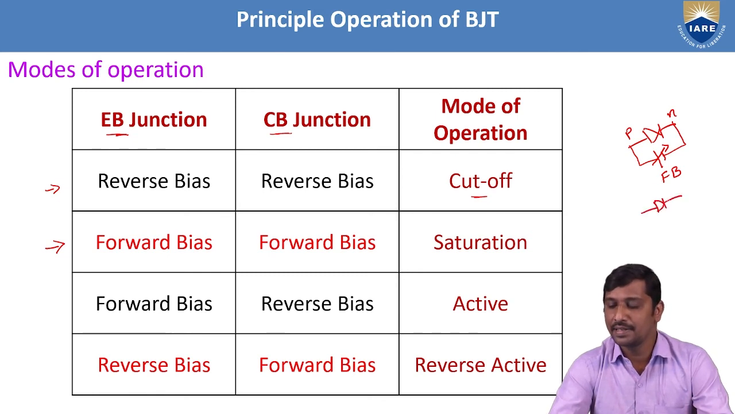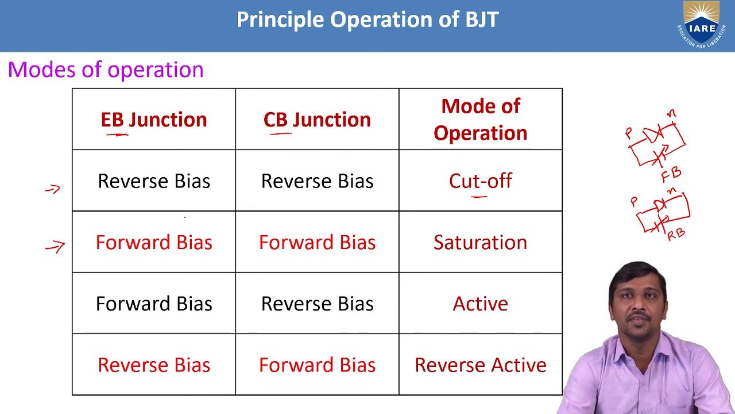Suppose for the same PN junction, if the P is connected to the negative pole of the battery and N is connected to the positive pole of the battery, then this biasing is called reverse bias. So here we are utilizing these biasing concepts. With respect to this biasing, we define some